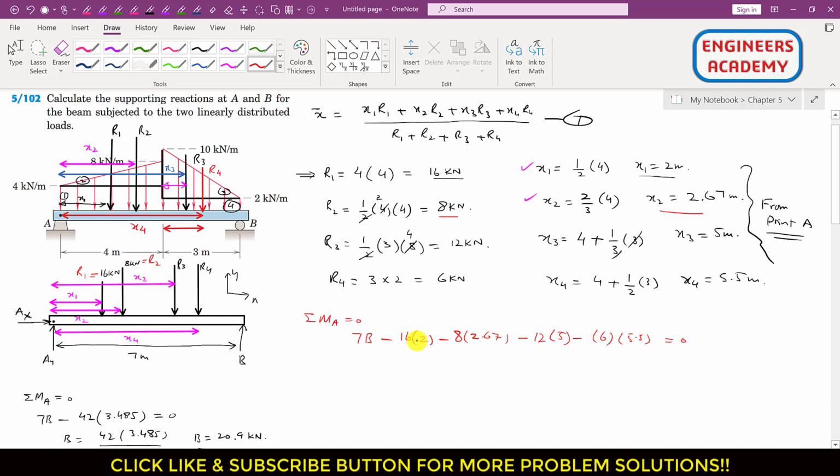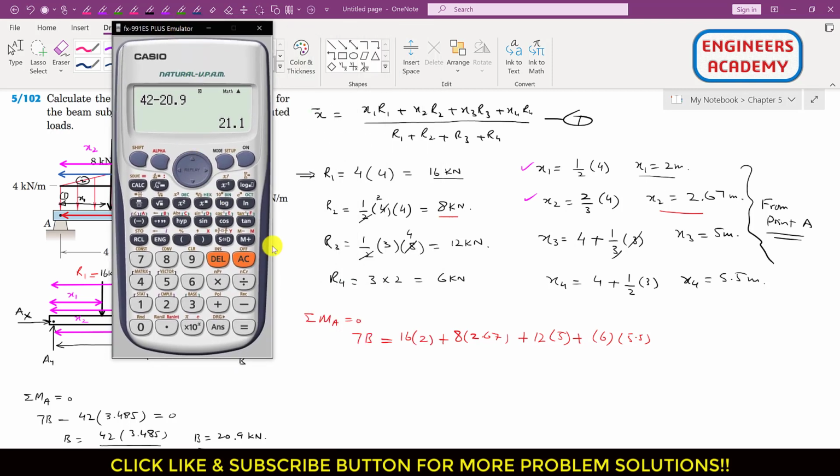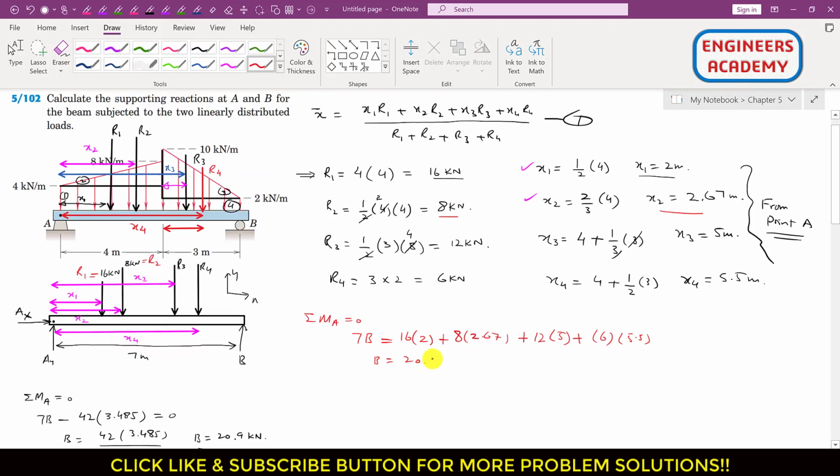Or if we bring all these 4 terms to the other side, their signs will become positive. So then we can find it. So this will give us that same 20.9 B, right? So let me solve it. So this is 16 into 2 is 32 plus 8 into 2.67 plus 12 into 5 plus 6 into 5.5 divided by 7. So this is that 20.9. So B is 20.9 kilonewton,